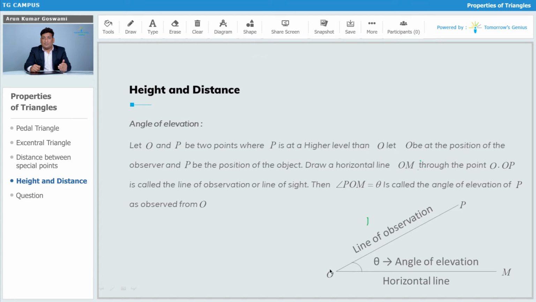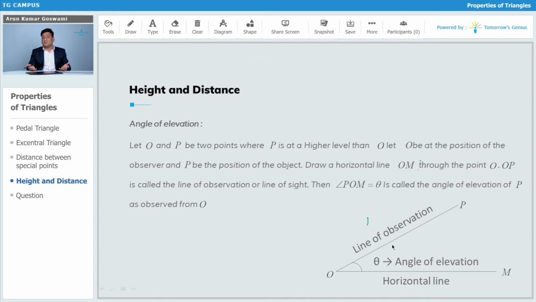If you are at a point O and you are looking up at a point P, the eye contact between the person at O and at P is called the line of sight. Wherever you are, it doesn't have to be the ground only that you call horizontal. Even in the sky, wherever you are standing, assume that level as the horizontal level, and according to that start observing things. If you are at the top of a building,